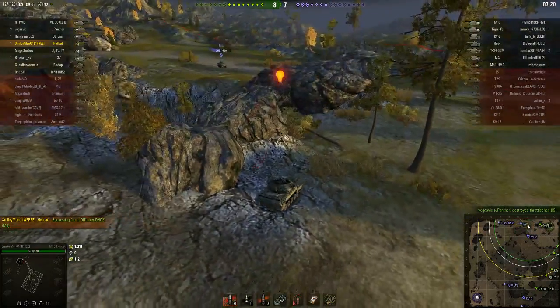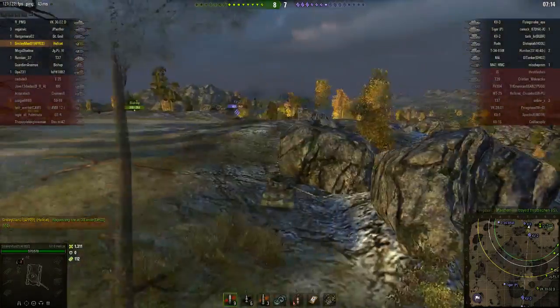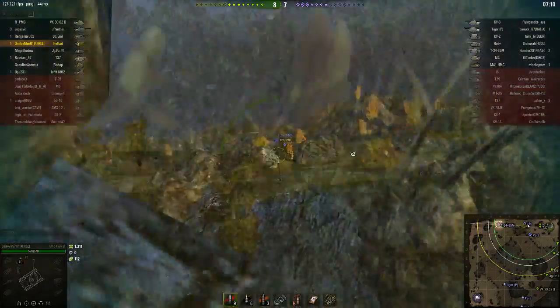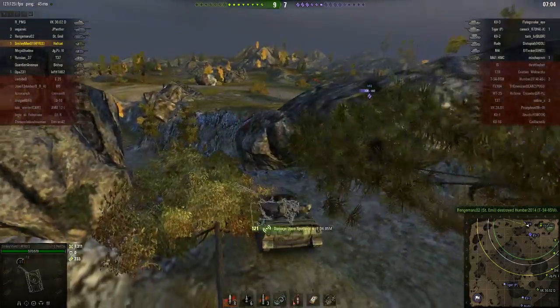That puts him at almost a guaranteed one shot from my gun. Average damage is 240, but I'm not fully aware of the minimum damage range. I'm in a really bad position because that KV-2 is right behind me. I may have missed my shell, but Emil did not miss